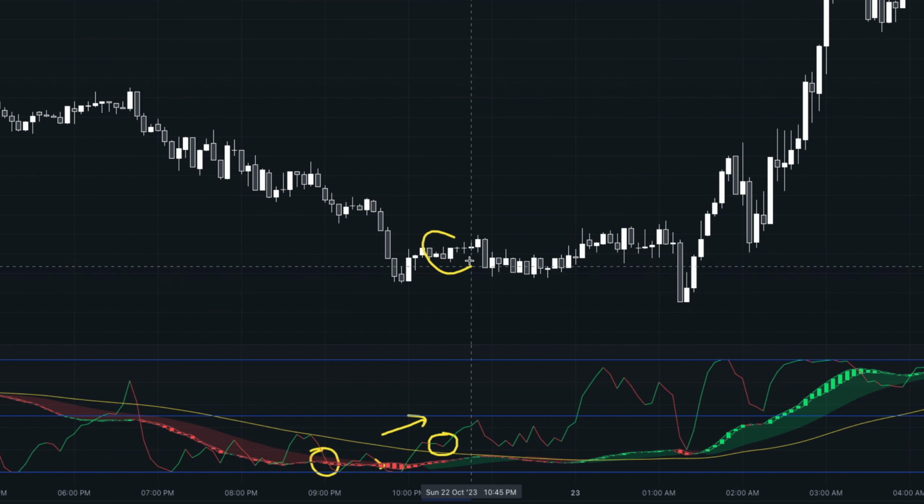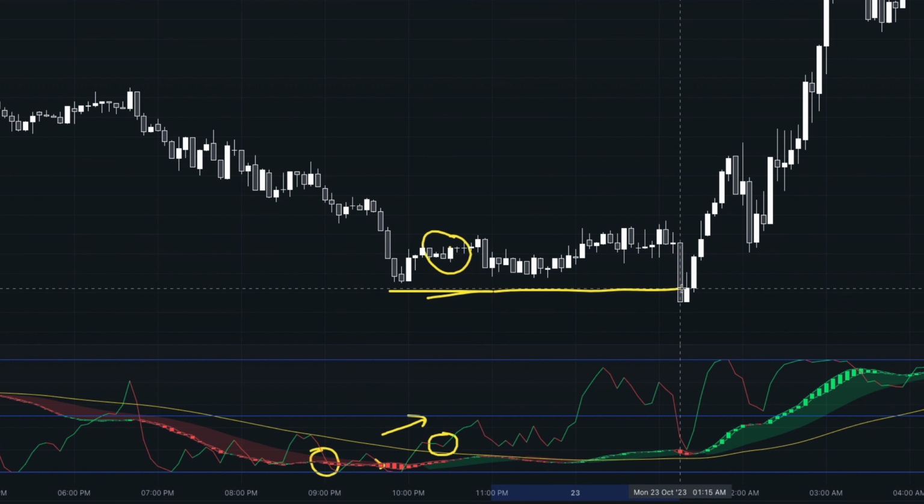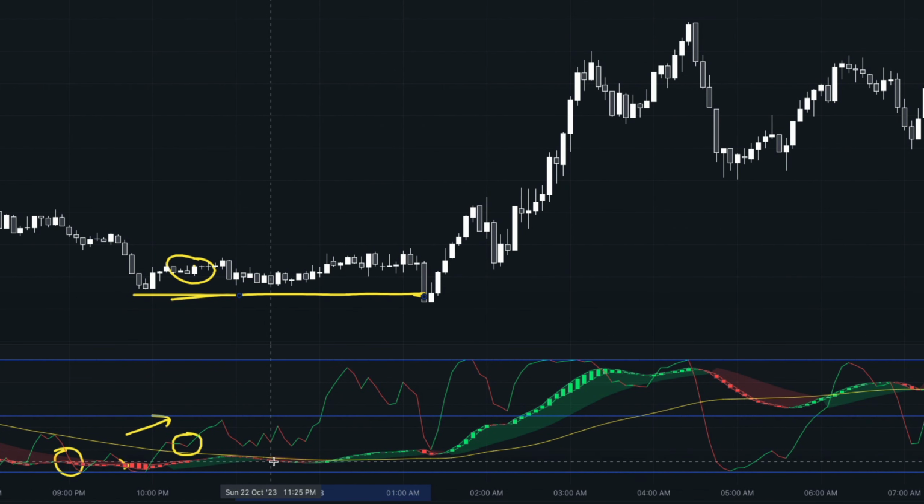And if you can see, the price is right here. So your stop would go below here. And in this particular case, it looks like you might have been stopped out right there. However,